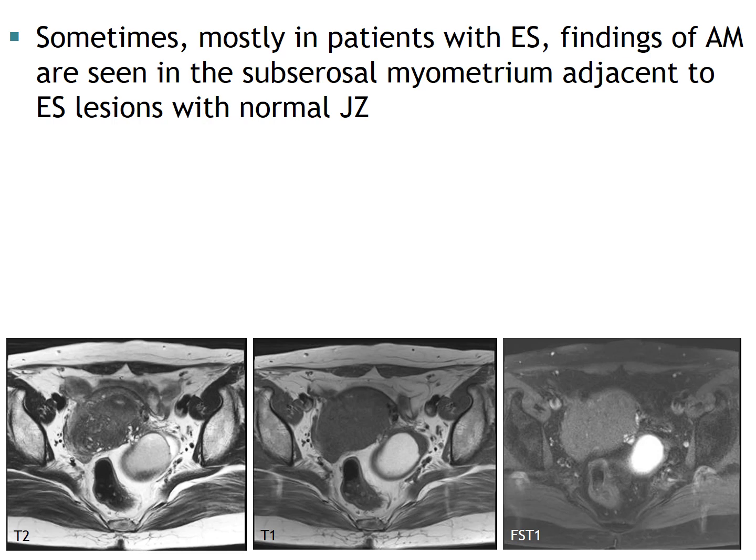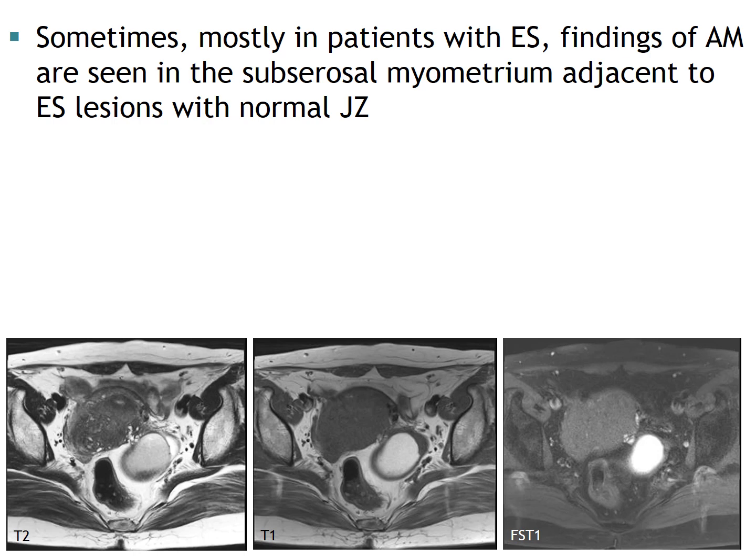Sometimes we see interesting findings of adenomyosis, mostly in patients with endometriosis. By definition, lesions of adenomyosis begin from the inner myometrium or junctional zone by infiltration of endometrial tissue towards the myometrial side. But in this case, findings of adenomyosis are seen in the subserosal myometrium adjacent to endometriosis lesions with